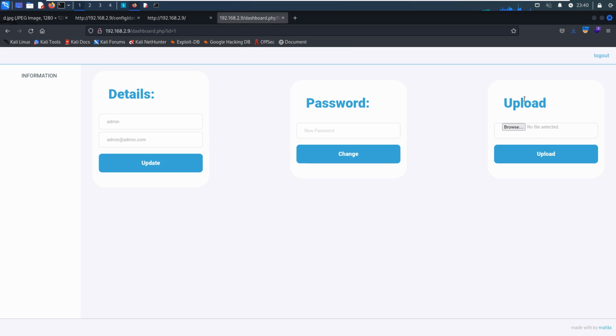Even we can, as you can see here, upload some file. I think, because after all, this machine is not a real application, it's very clear what we have to do next. We need to upload something to the target, for example a web shell. So how to do it? Let me